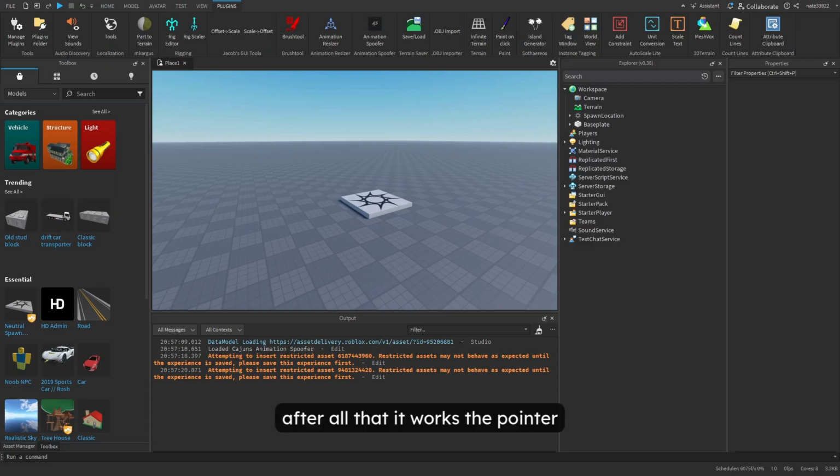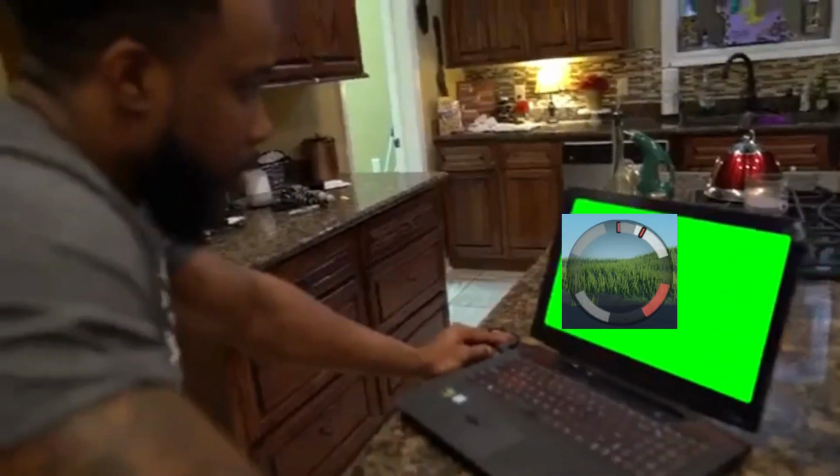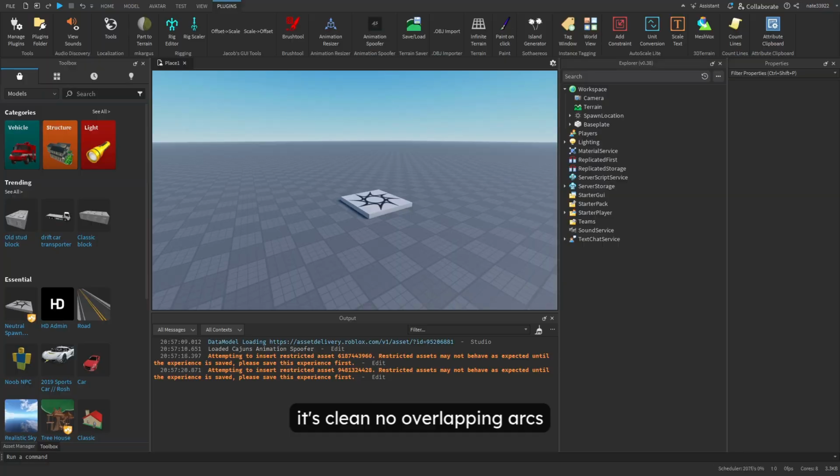But after all that, it works. The pointer spins, gradients fill, you hit the right button and it flickers light, stops smoke, and plays a glorious success chime. Mess up, you get the red flash of shame and a cooldown penalty that makes you reflect on your life choices. And it's clean. No overlapping arcs. Xbox and PC work equally. You can't spam, you can't cheat, and if it breaks,